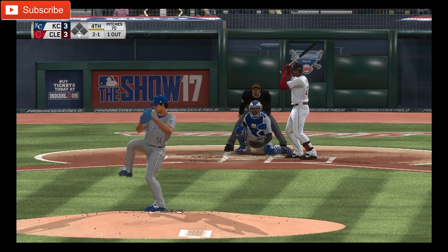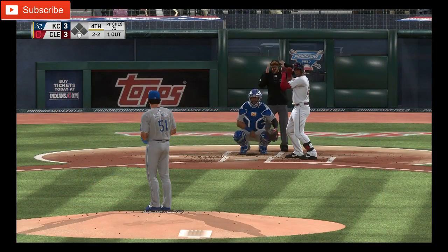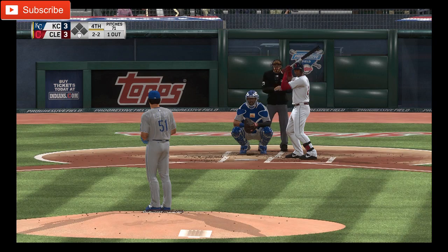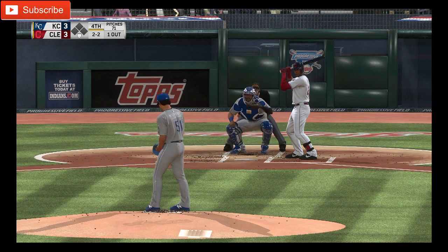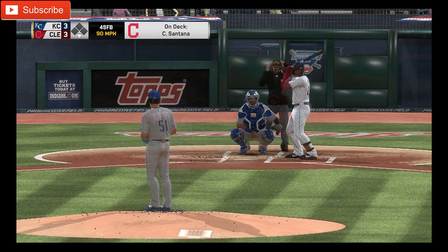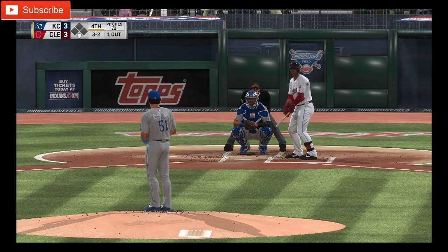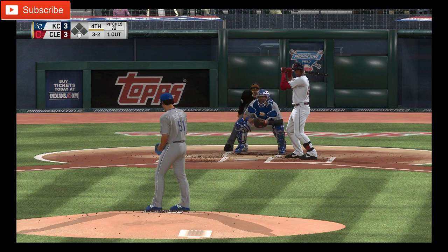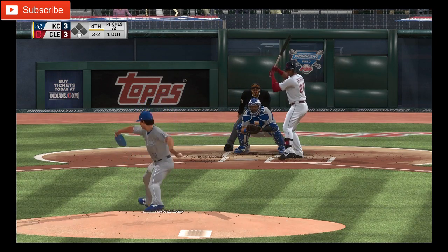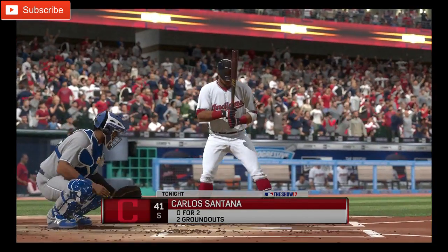Into the windup. Here's the 2-1 pitch. Now a swing and a ground ball. 3 runs, 6 hits. No errors to this point for the Indians. Full count. 3-2. On deck, Carlos Santana. Full count here. Here comes the pitch. And he'll try to hold back, but he won't be able to, as that's ruled a swing, and there are